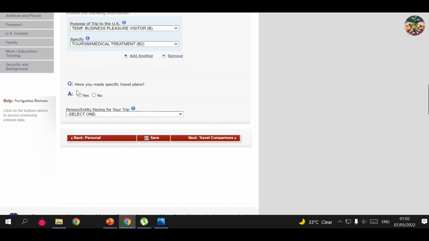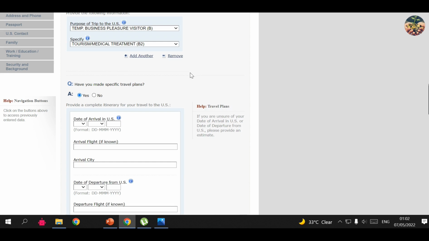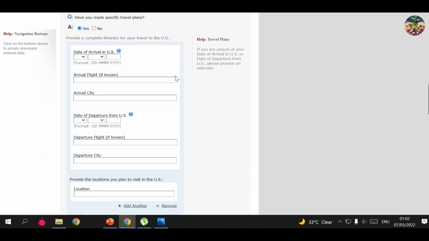Have you made specific travel plans? You need to answer yes, because you need actually to give them the plan that you're trying to do with this travel. So you're gonna put the traveling date to the USA. What is the flight that you are actually booking? Number of the flight. Which city are you going to? And this is the date of departure from the USA. This is the date where you're gonna leave the US. And the flight that you're gonna go into, this is the flight number, and also